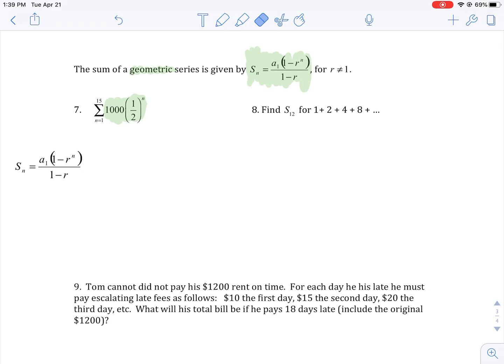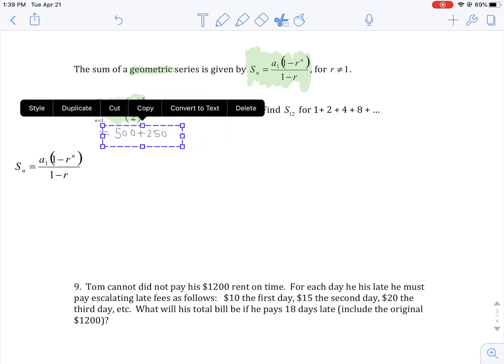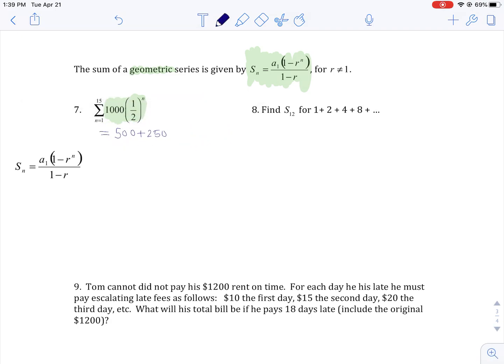Okay. Well, what does that mean? Well, let's write down what we have here as far as this series. The first term, you plug in n equals 1, just like anything else. N equals 1 would give you 1,000 times a half, or 500. And then each term you keep multiplying by a half, so you get 250. Let me just move this down to give myself a little bit of room, if you don't mind. 250, 125, and it just keeps going